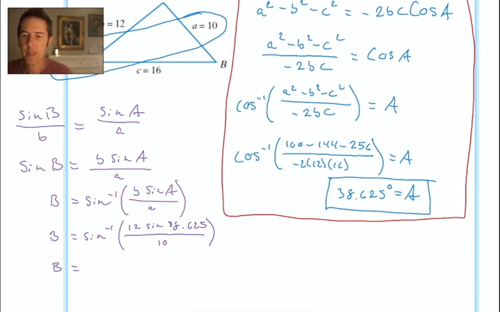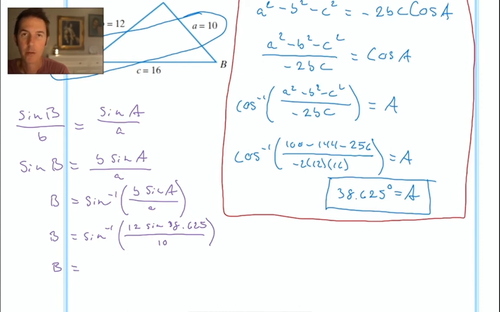Now, the angle measure of 38.624 blah, blah, blah is still on my calculator screen. And as I work this solution out from the inside out, I could take the sine of this angle measure that's on my screen. I could do that as my very first step. So I'm going to do that. I'm just going to hit the sine button. And I got 0.6242. Then, as the numerator says, I need to multiply that by 12. So I'll hit times, and then 12, and then equals. And I got 7.4906. Then I'll divide that by 10, equals. I got